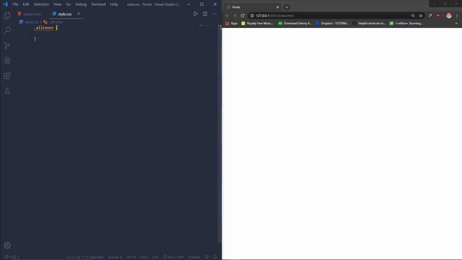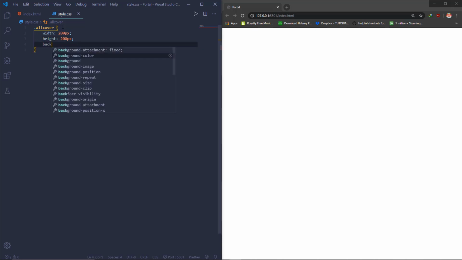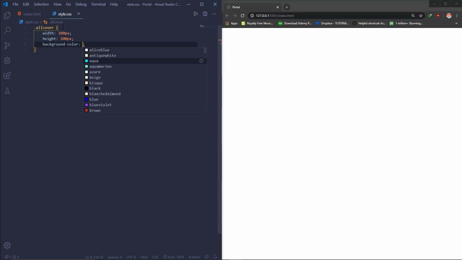You can see they are different from the normal ones. So we could do things like width, which I showed you in the HTML, 200 pixels, height 200 pixels, then the background color,